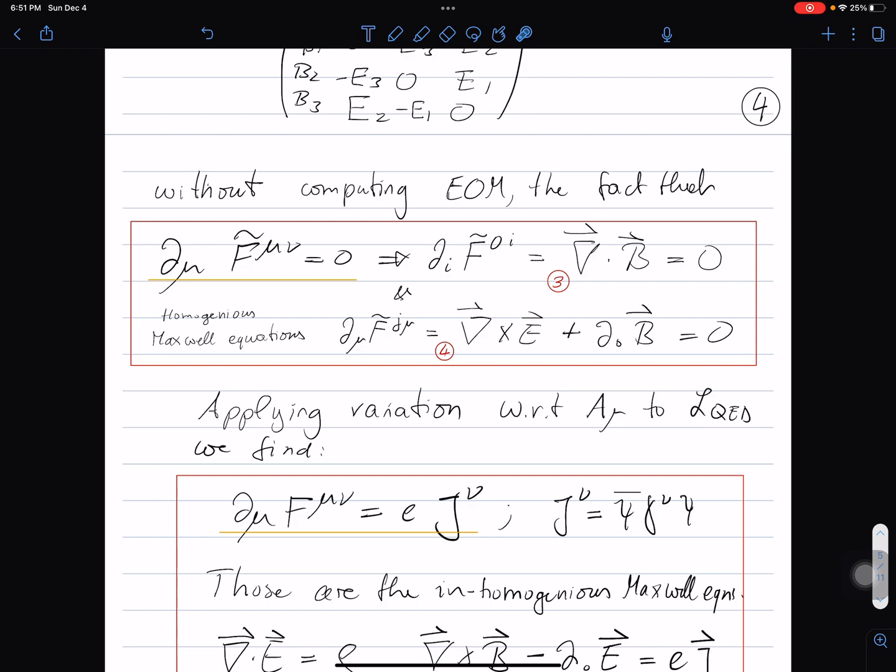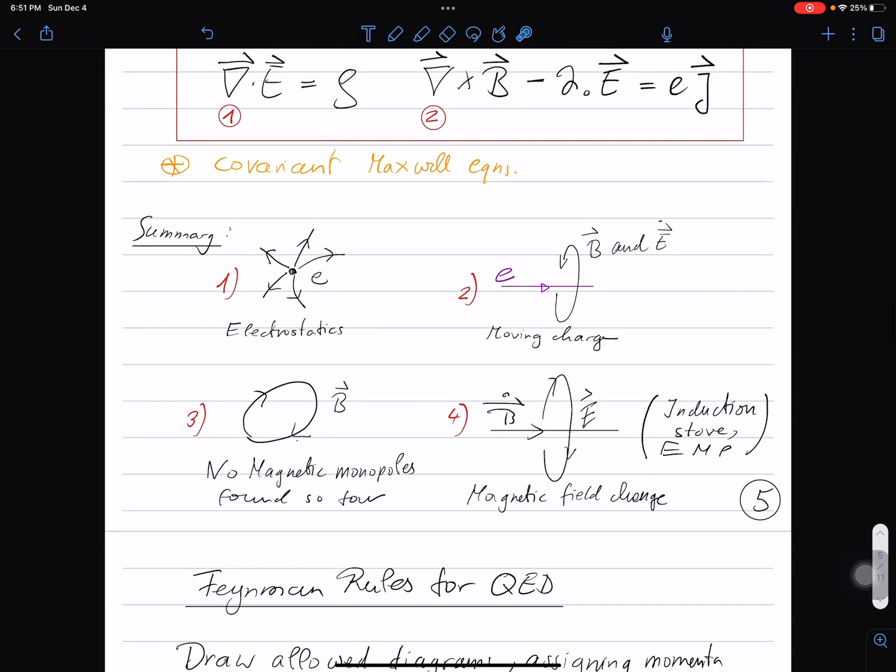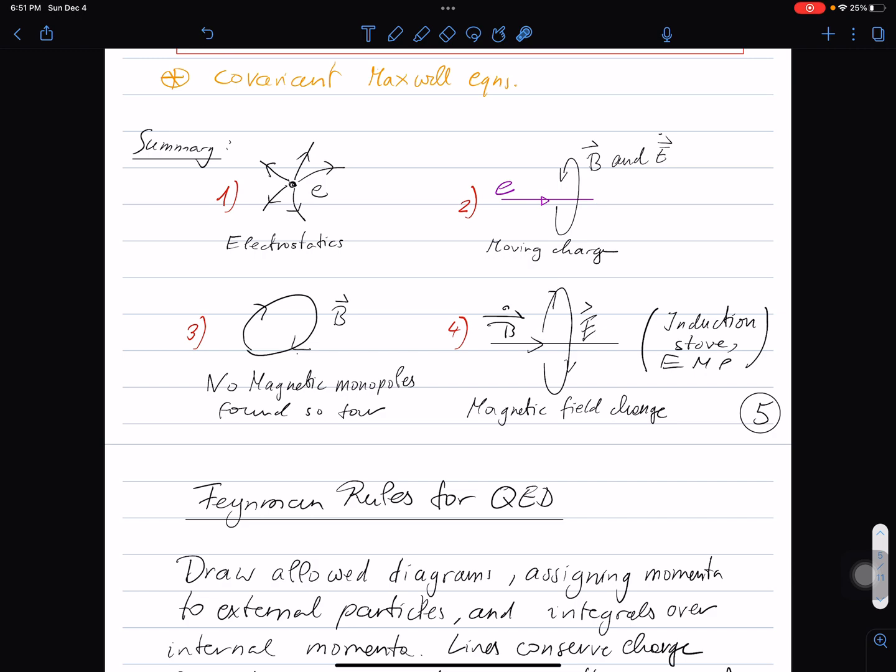Finally, equation 4 is the induction law. If we have a changing magnetic field, it induces a rotation in the electric current in the conductor, for example. So having a B field change in this direction that runs through a loop of electric conductor induces a running of charge, so it induces an electric field and charge motion. This is the principle behind the induction stove or the electromagnetic pulse that can damage or destroy electronics.